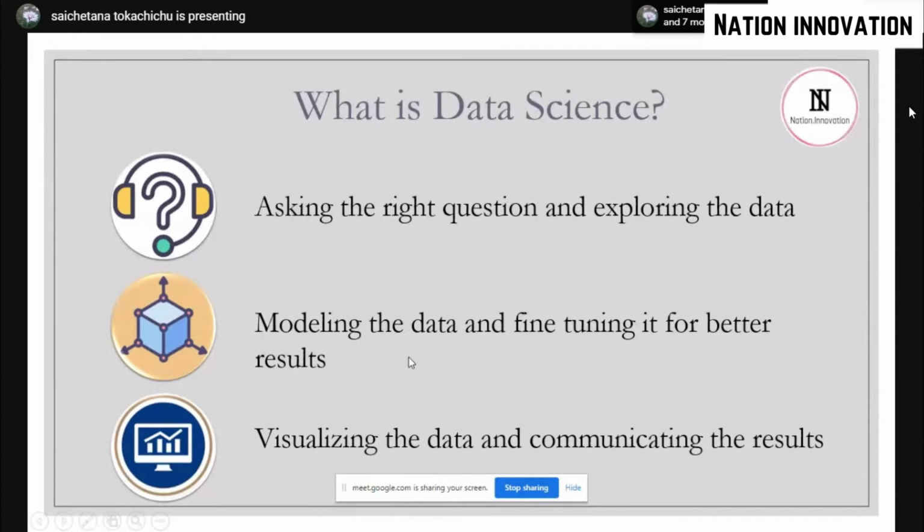A model can be said to be a mathematical tool which we apply on the data to get an output. So we define it, and based on that, we get some answers. Then we do the fine tuning for it, which means we crisp it. We stretch it to the maximum possible level of precision or accuracy. So that is what we do.